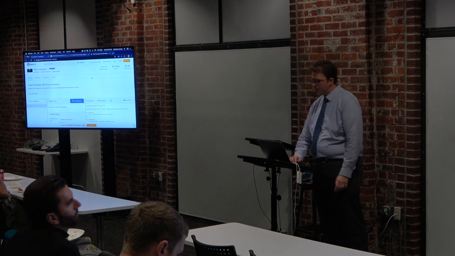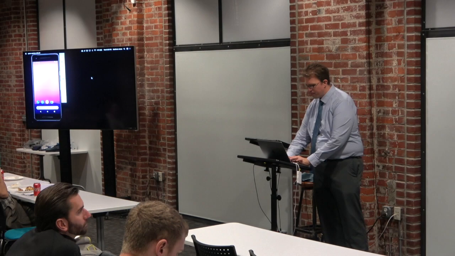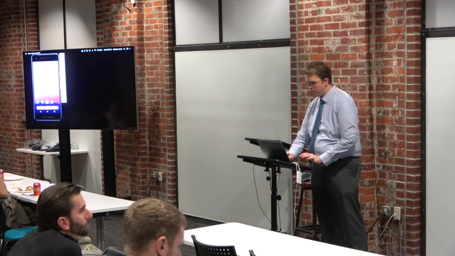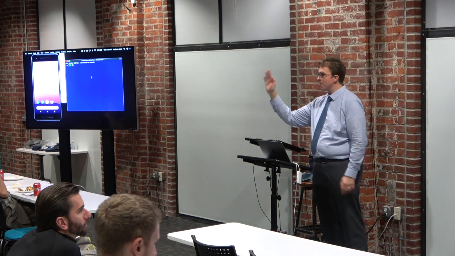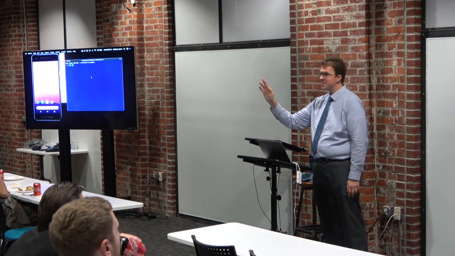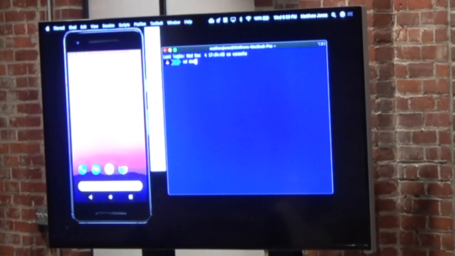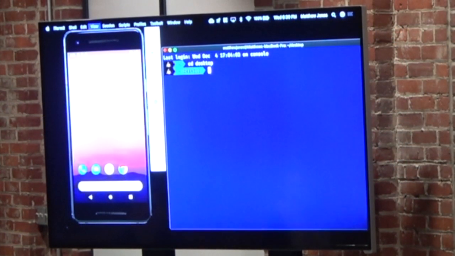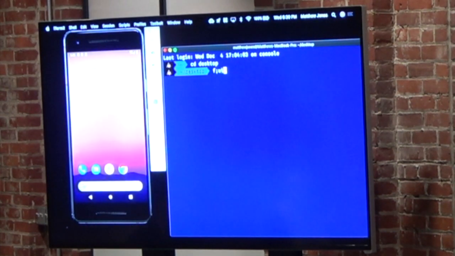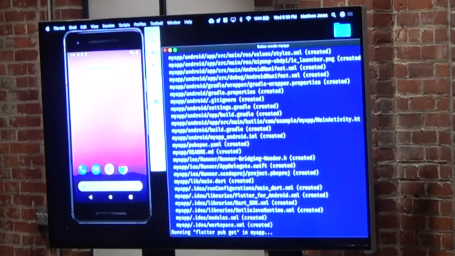So the first step, if you're creating a Flutter app, is you need to, any React developers in here? Any React developers? You know create React app? Yeah, this is going to look familiar. So let me just enlarge this a little bit. We're going to flutter create my app. There you go. Perfect. And then basically what this does is it just generates a scaffolding for you.